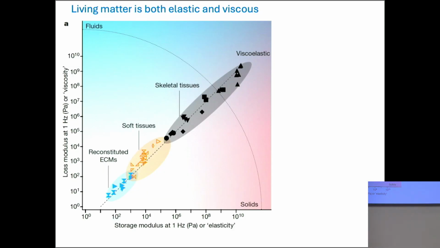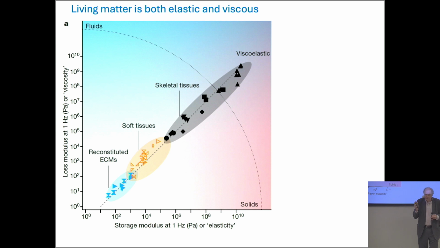But the other thing that's important to point out is that soft tissues in the body, and you probably can test this on yourself, most of our tissues are solids. They maintain their structure. Even if you deform them and let go, they will come back to their original shape. But during the deformation, some of the energy of deformation is elastic and stored, and some of it is dissipated as though it's a viscous thing.